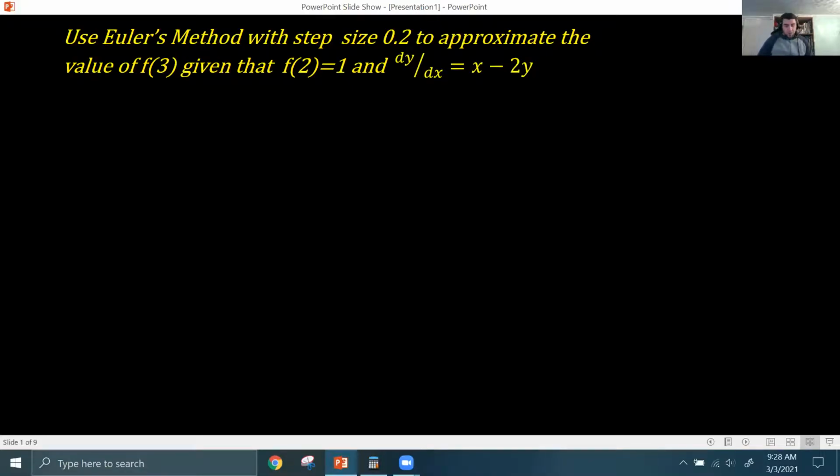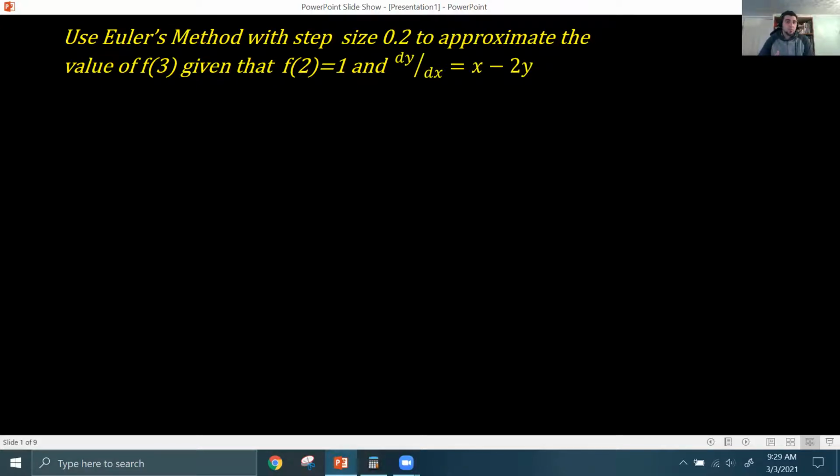And in this video today, I want to work through an example using Euler's method. Now, Euler's method is an approximation method to approximate solutions, particular solutions to initial value problems. Usually the case is you'll have an initial condition, a given point, a differential equation, and often they'll give you a step size or a delta x or a change in x, and they'll ask you to approximate another